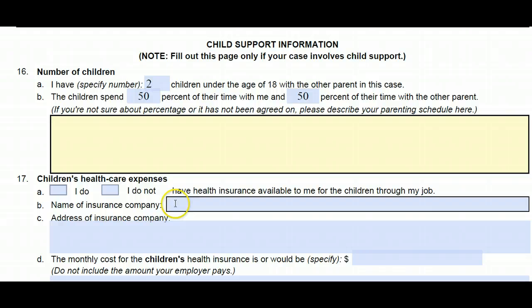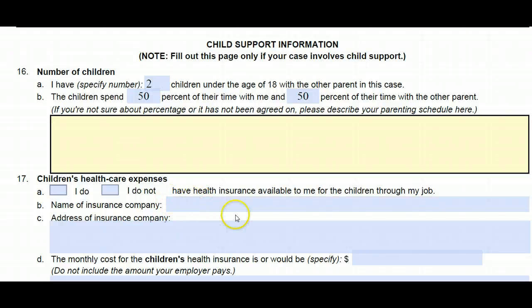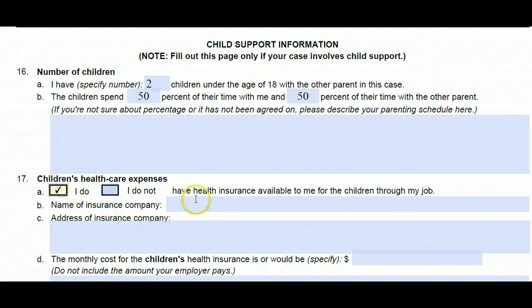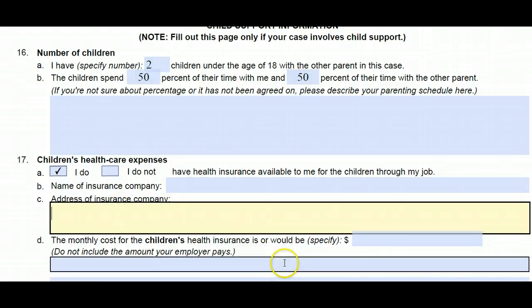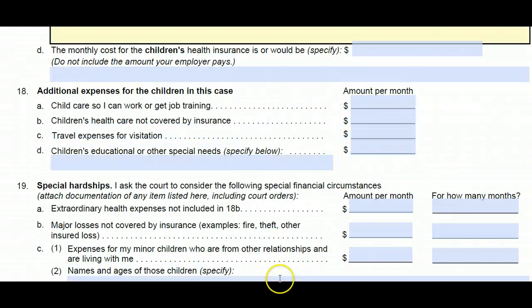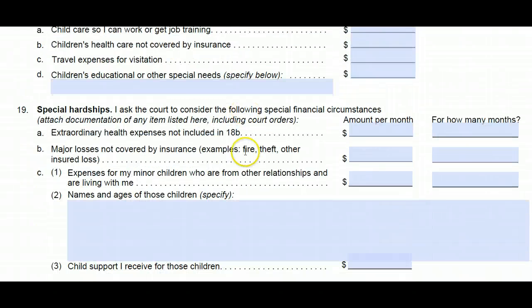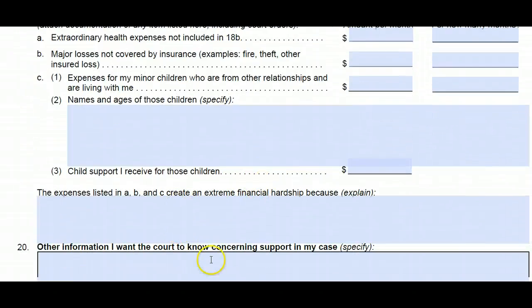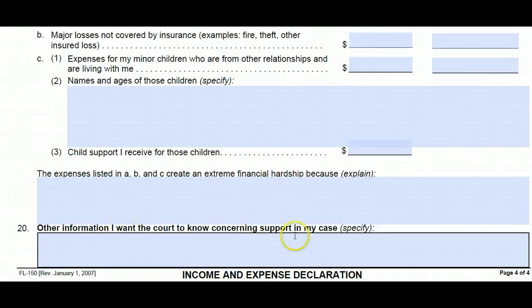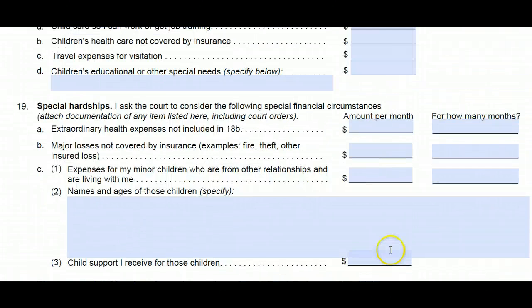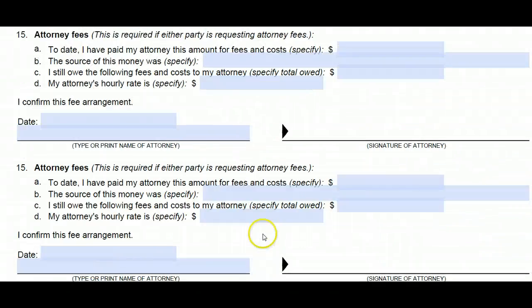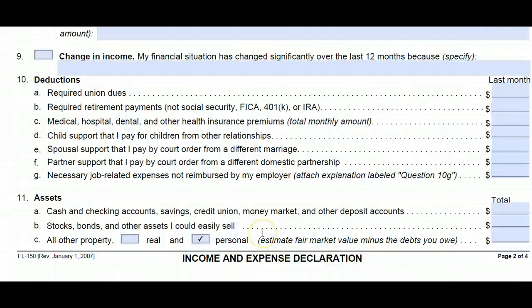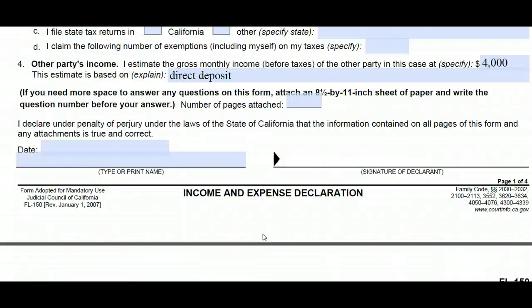Any healthcare expenses, if you have health insurance for your children through your job, you can mark yes, and put the insurance company name and the address here. Special hardships, additional expenses for the children in this case, and anything else you want the court to know concerning support in this case. So this form would be completed, the income and expense report, as step 3 of the